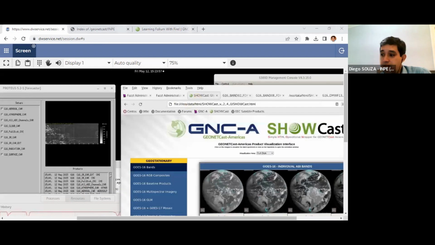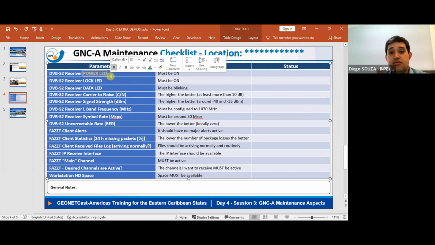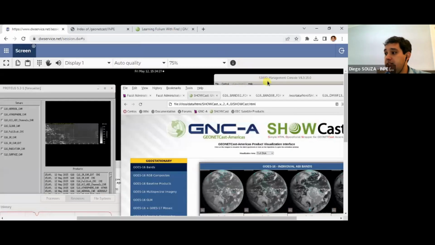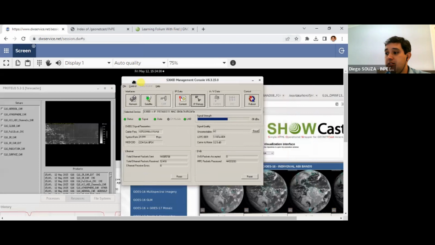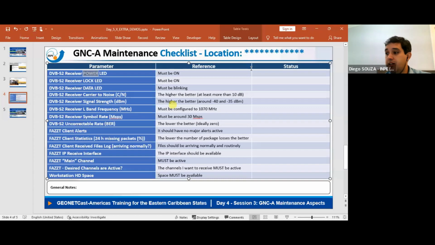What I'd like to do now is fill this table with you, right? I like to check some of the parameters of my ground stations, and I would like you to do the same when you have access to your station. These are some critical parameters that you need to check. For example, is the receiver working? Is it on? The power LED is on. If we look at the remote workstation, at the receiver management console here, you see a green status button. So it is working, right? Okay, status on,